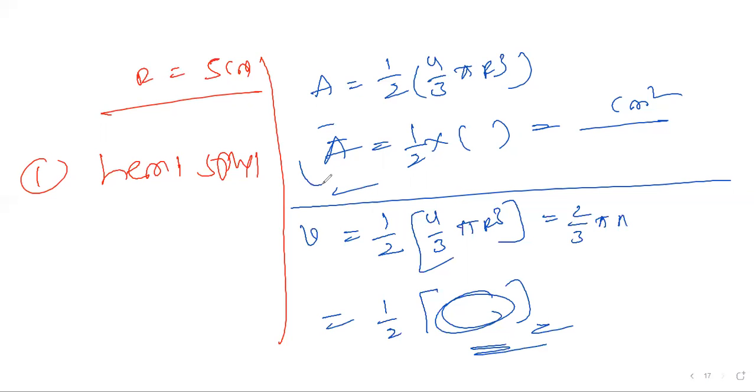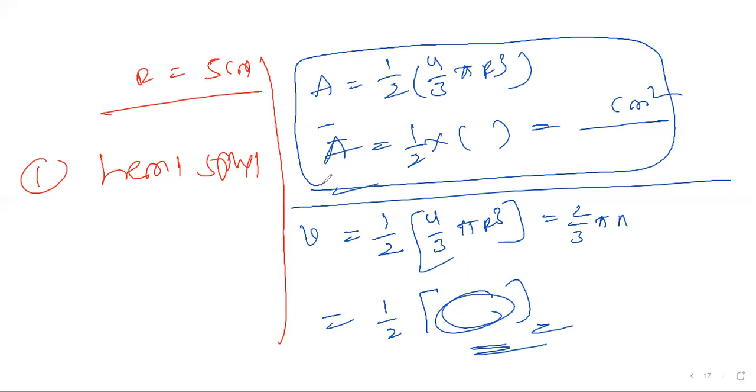Just what I told you, this is the area. The area means you're getting this top area. This is the CSA. So once more I should refresh. I'll give the question for the hemisphere, so you can get even more clarity. Hemisphere, for the same dimensions here, r is equal to 5 centimeter. I should draw that figure and explain very clearly. This is a 5 centimeter figure.